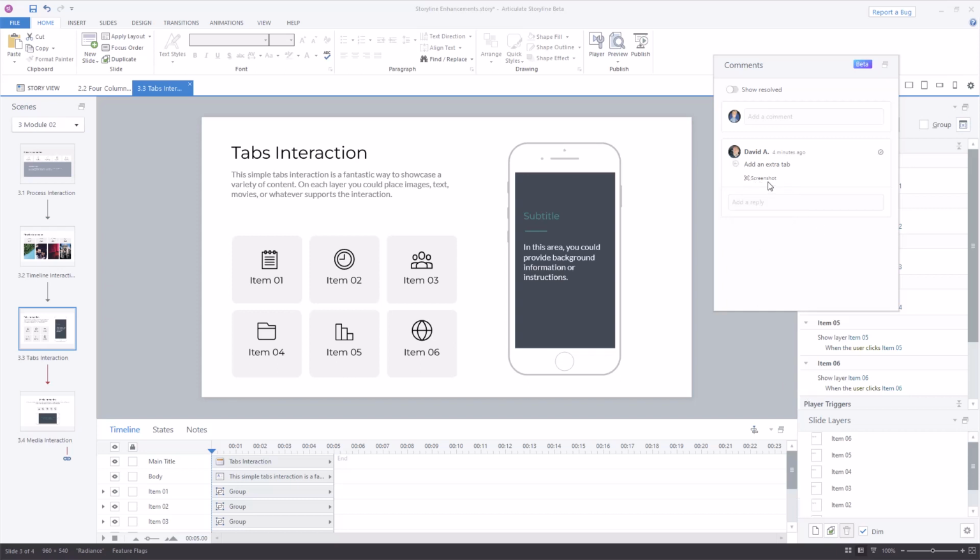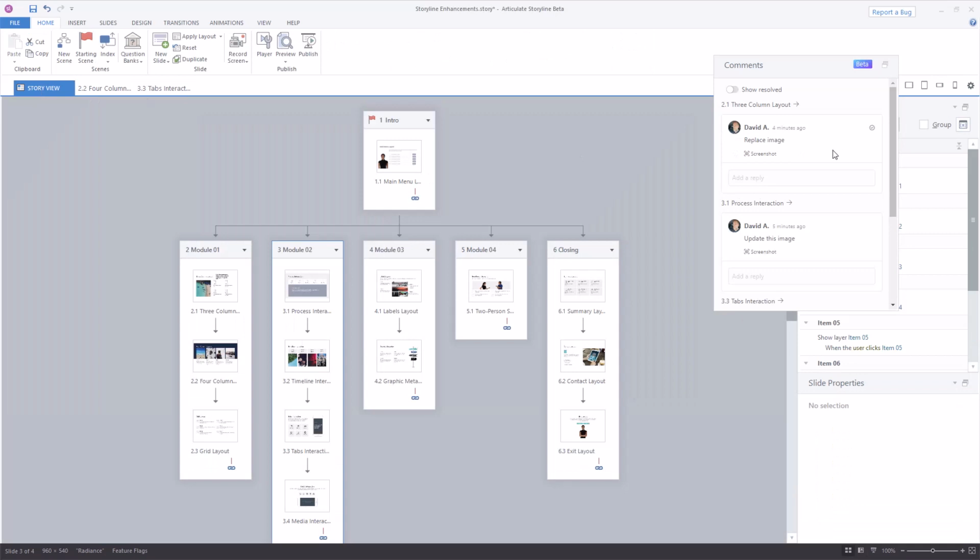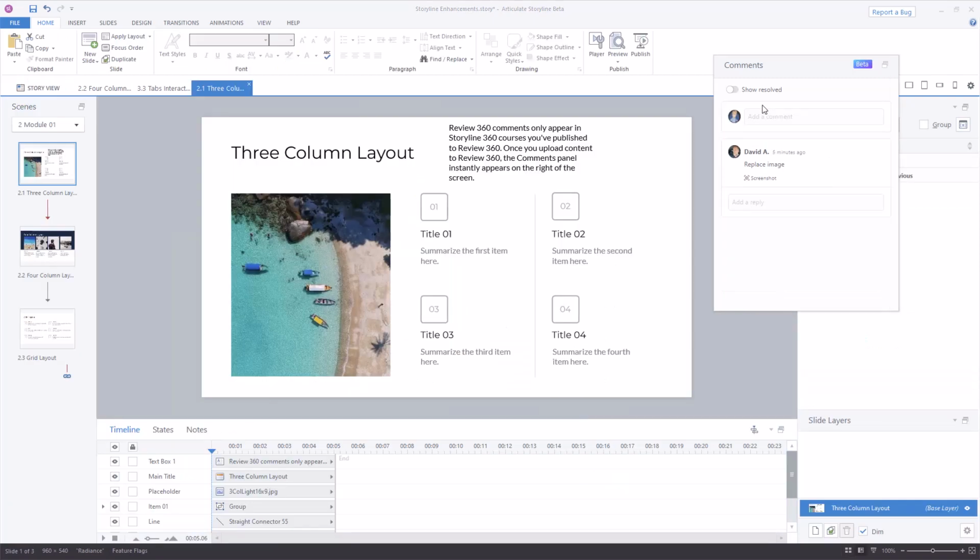So it makes it much easier to get in here and then view where those are. Obviously, you always have the screenshot so you can see where that slide or interaction is for the feedback that's being requested. But again, you're in story view, you've got all of your feedback and comments in here, and anywhere you click, you're automatically taken to that particular slide, so you can quickly make those updates. Again, Review streamlined the process years ago. Now I think we're just going to make the review process that much quicker from within Storyline itself.